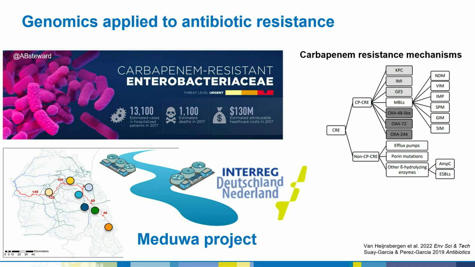It's the river catchment of the Vecht on the left bottom side, and the colored dots represent wastewater treatment plants that were putting their effluent waters after treatment into the river catchment. And we are interested in seeing what that effluent contributes to E. coli in the river. So, as part of that analysis, we were focusing on these carbapenem-resistant bacteria,